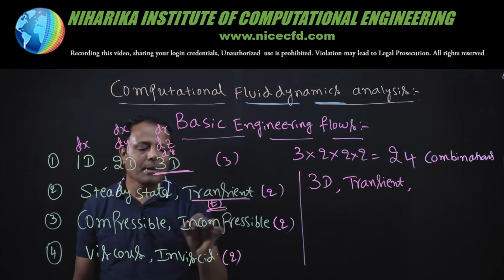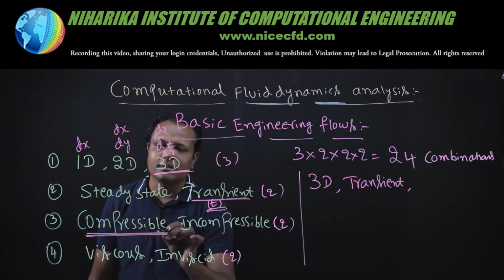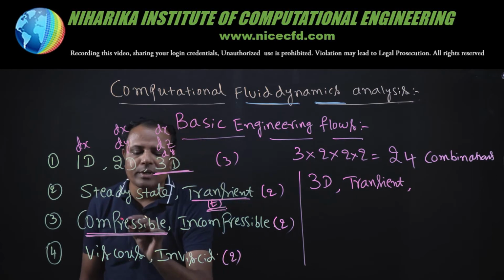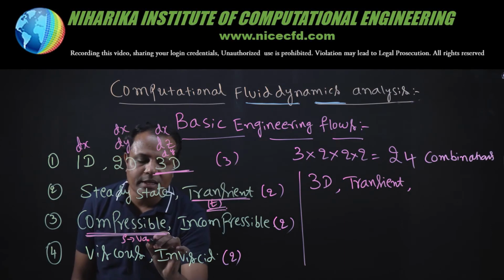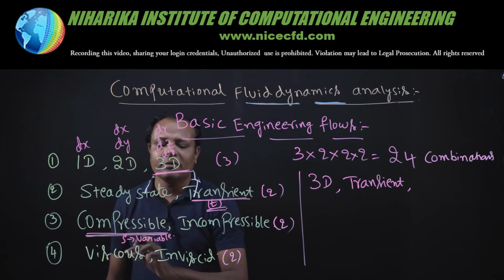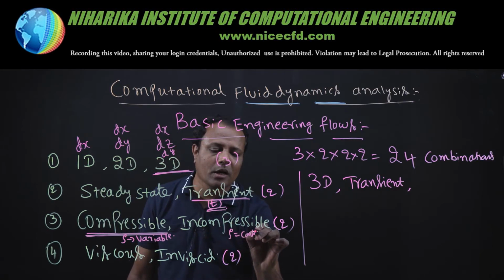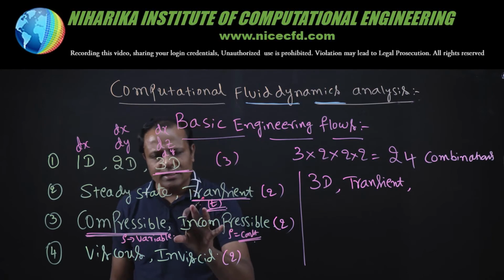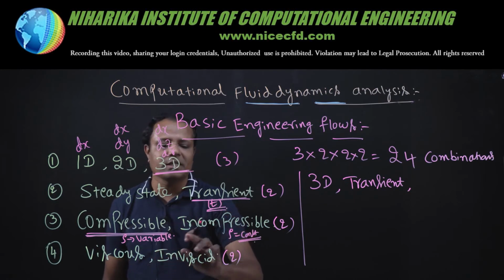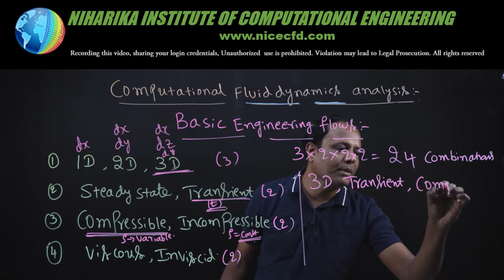Let us look into the other parameters. Compressible and incompressible. Here compressible contains the terms which equally hold good for incompressible. So what will I do for incompressible? In compressible, density is treated as a variable, which means density will be differentiated. If I treat density as a constant and bring it out of the differential, the equations will be the same. Only rho, treated as a constant and taken out of the differential equation, will make it incompressible. So my third parameter is compressible.